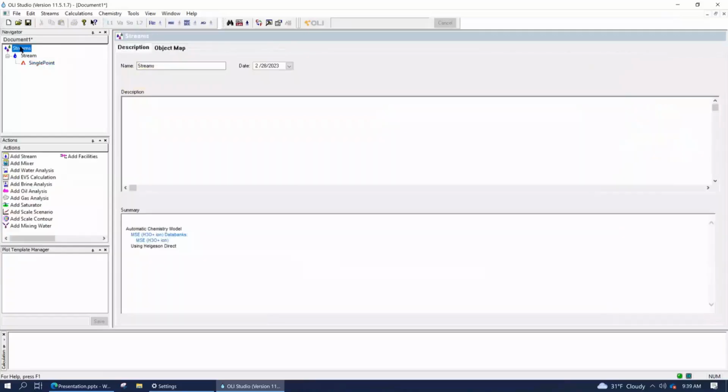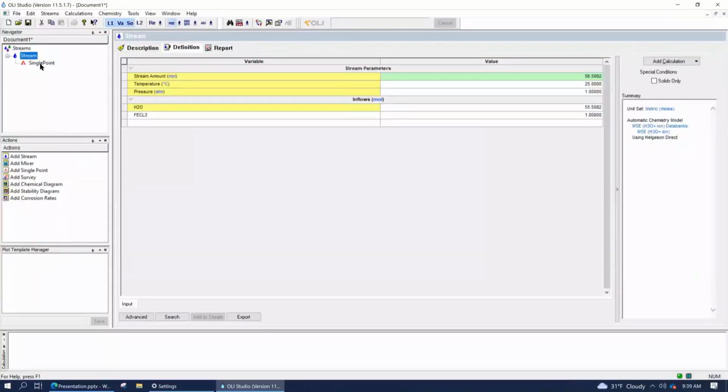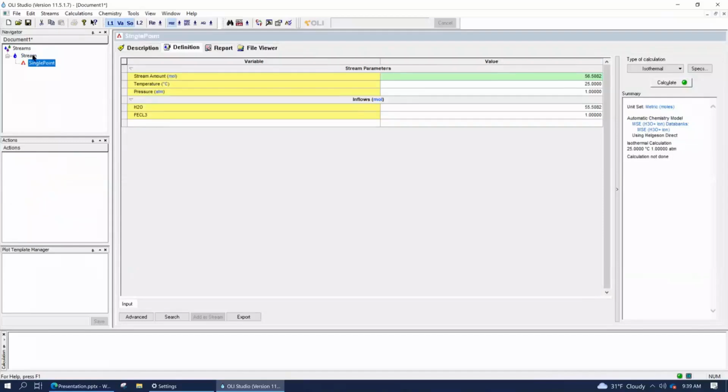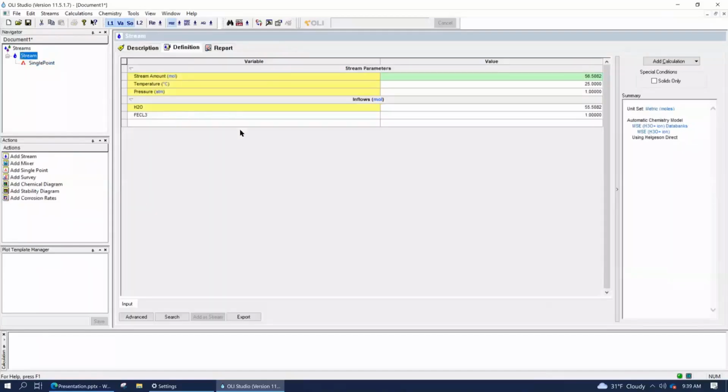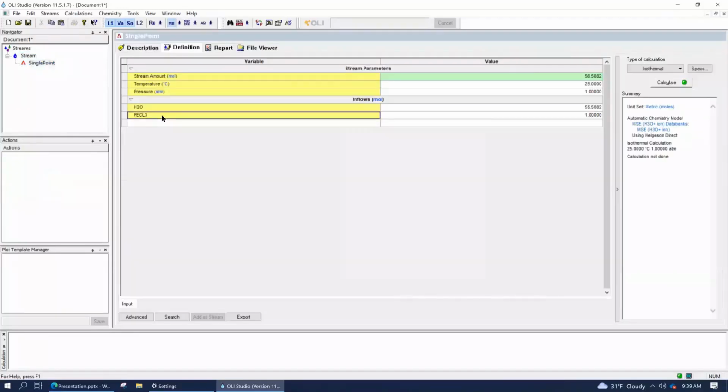So if I set the units manager settings here, it knows to apply them here. Likewise, it knows to apply them here. And also, if I set the stream composition here, 1 mole of ferric chloride, it knows to transfer that information downward as well.